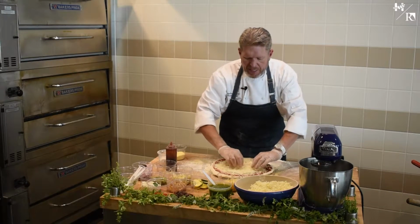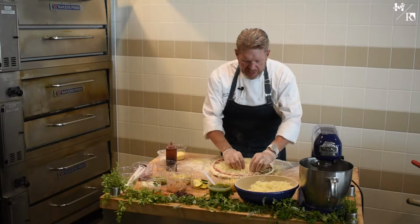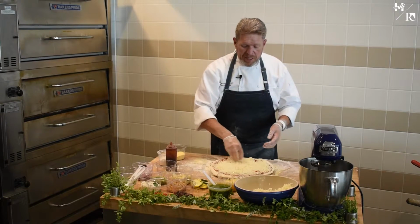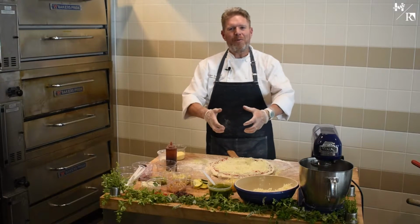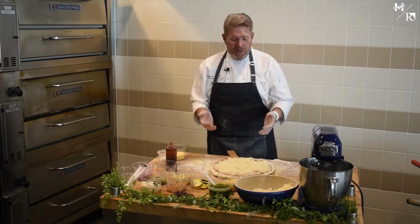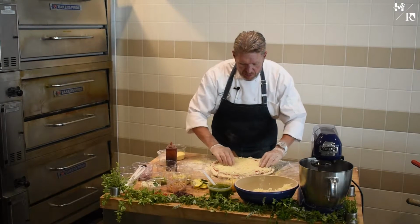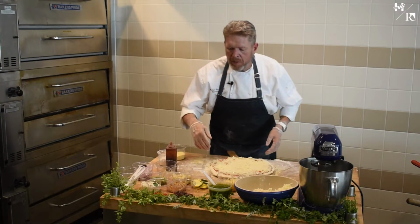Now, just like anything else, we don't want to add too much toppings, too much sauce, too much cheese, because think about it like this. When you're making burritos, and I'm sure just about everybody's ever done this, you just go overboard and you put too much stuff in it and then you go to roll it up and you just can't roll it and you end up with this giant soft taco. You can end up just making a mess. So make sure that you don't overdo it. So nice dusting of cheese brought all the way out to the ends,